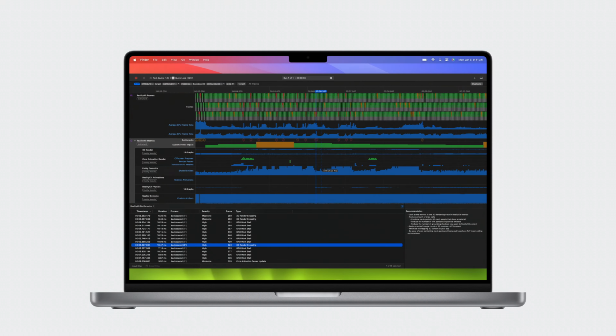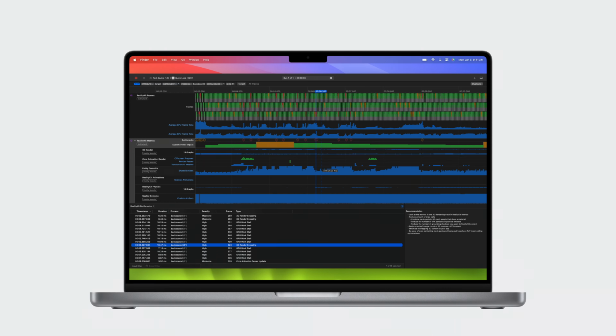Another great tool at your disposal is Reality Kit Trace. This tool allows for even more advanced runtime profiling. Reality Kit Trace provides insights into the specific rendering pipeline. It allows you to get more information about the individual rendering frames with your 3D content.